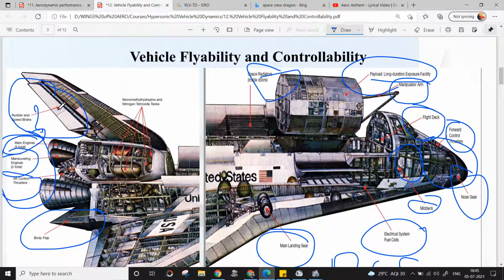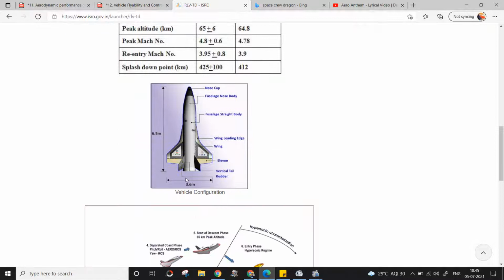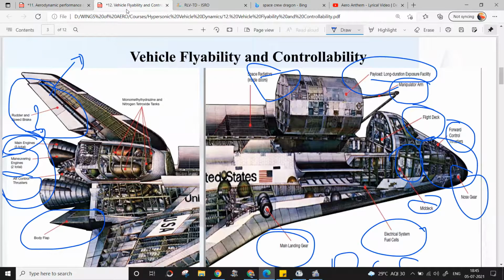So a rudder with a speed brake is a good concept for increasing the drag. The same can be applied with a dual rudder system, a dual vertical tail, in the RLV also. If you are designing your aircraft or spacecraft, you can implement this. You can even apply this in cruise and acceleration vehicles and in aircraft also. Suppose you are going for any aircraft design project, you can take this concept and implement it.